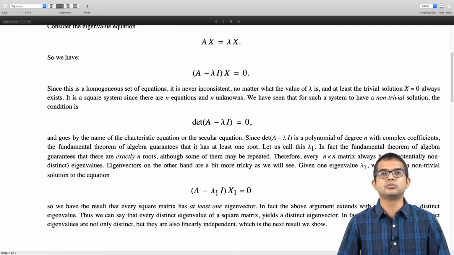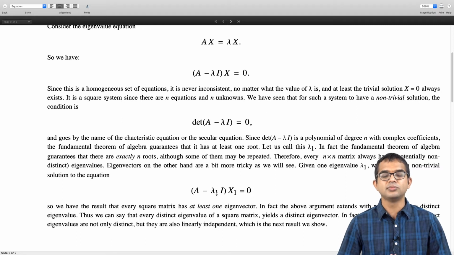So if there is another root, then you can go back and plug this into your homogeneous system of equations, and our understanding from systems of linear equations guarantees us, because the secular equation or the characteristic equation holds, that you will be able to find a non-trivial solution for x. So you will get a distinct eigenvector corresponding to a different lambda 2 and a different lambda 3 and so on, right? So there are as many distinct eigenvectors as there are distinct eigenvalues for any matrix.